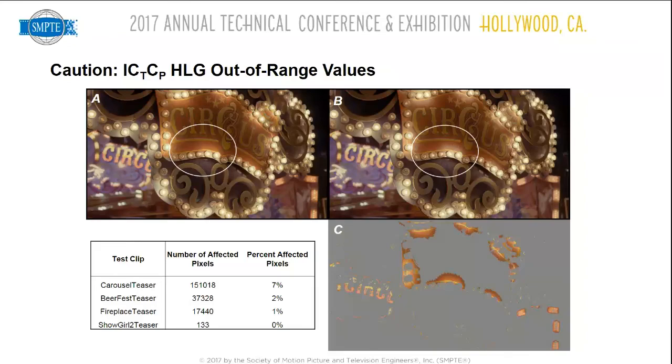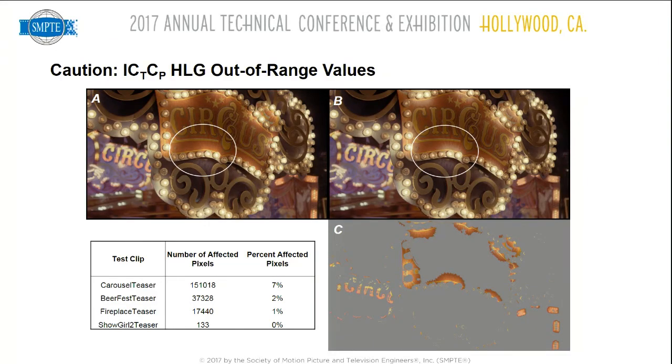There's a little bit less color, maybe it looks a little bit brighter. It's a very subtle thing. If you do A/B, it's obvious, but I think a normal viewer might not notice it. I actually calculated the number of pixels, what percentage of pixels was affected by this artifact, and that's shown in